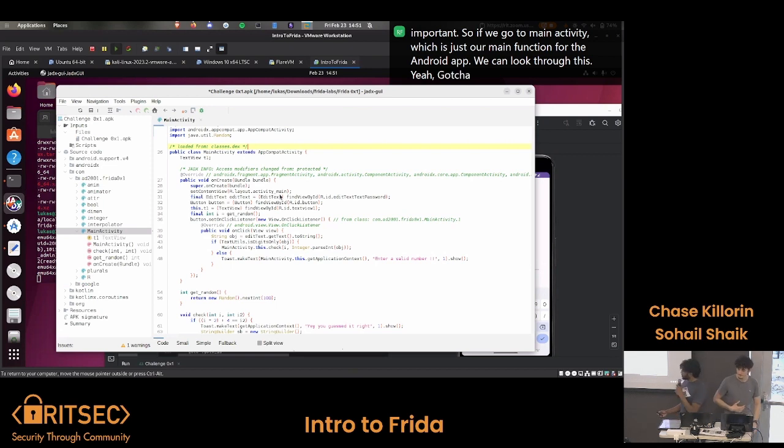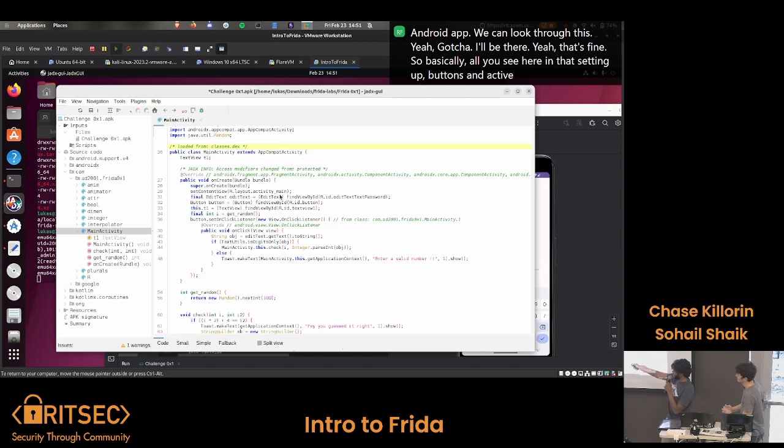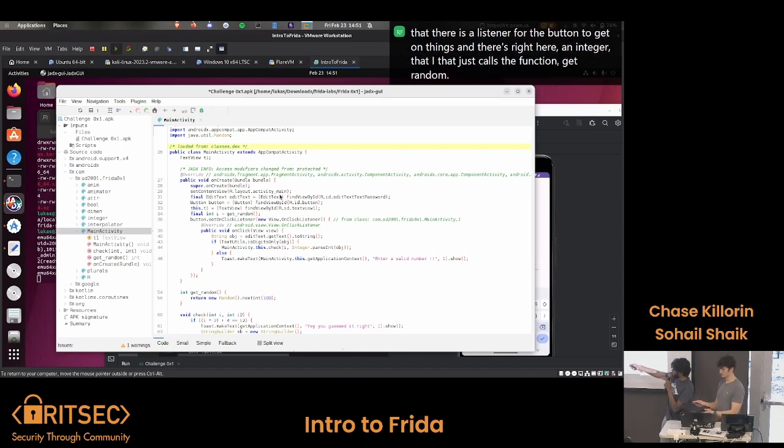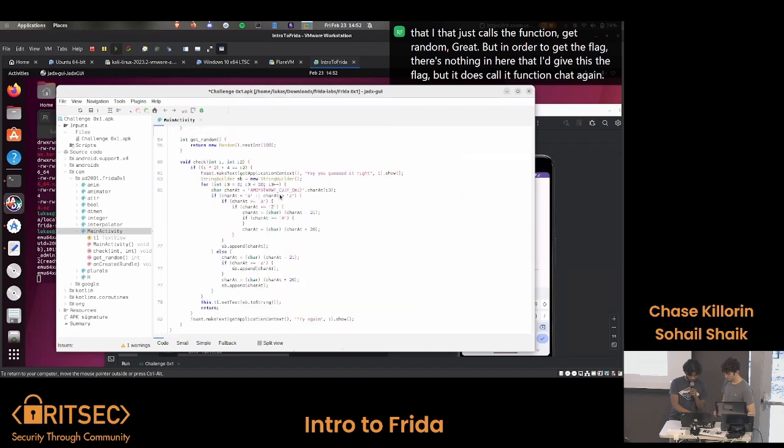That's fine. So basically, all you see here is that it's setting up buttons and the text view. We also see that there is a listener for the button to get clicked, and right here there's an integer get I that just calls the function get random, which just gets a random integer. But in order to get the flag, clearly there's nothing in here that really gives us the flag, but it does call this function check. It passes in the random integer, and then the integer that we pass in once we click the button. So when you go to the check function,